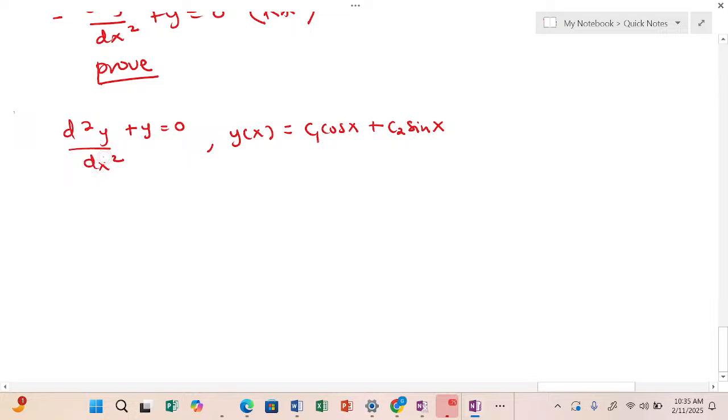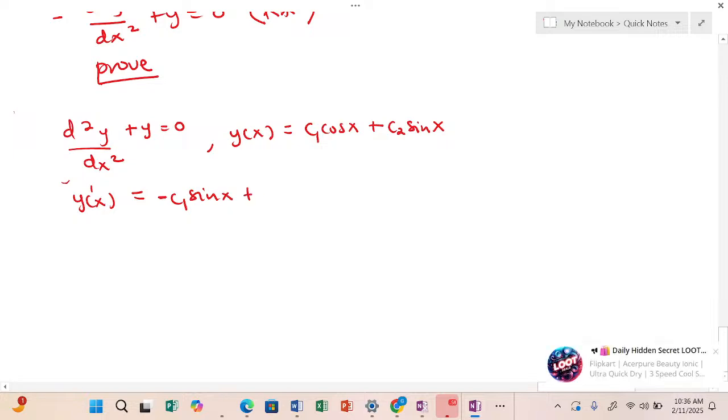So wherever we come across d squared y, we put in the differentiated value of the y(x), and whenever we see y, we put in our y value as the y(x). So we differentiate twice. So in differentiating y(x), that's y prime, in differentiating cos, we get negative sine. So we get negative c1 sin x. And when we differentiate sine, we get cos. So plus c2